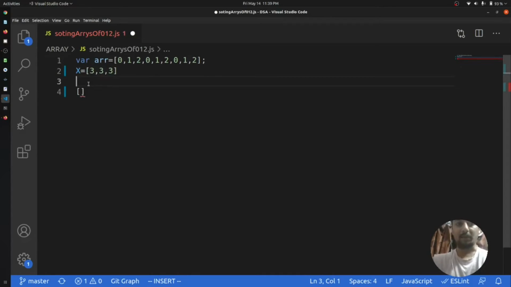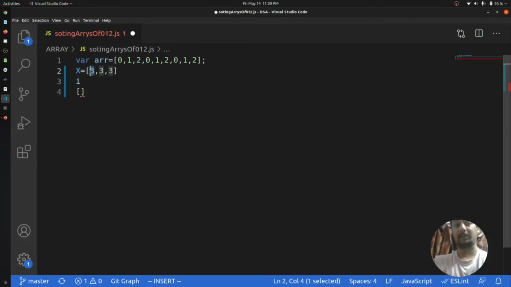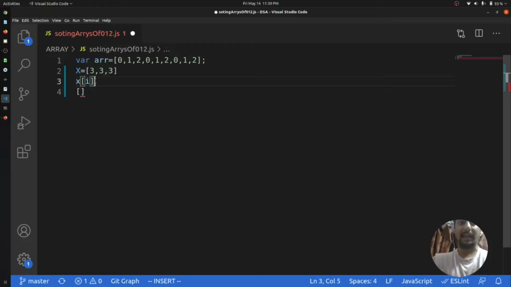I will check the element at i in x, meaning how many values there are, and I will push 0, then 1, according to those counts.